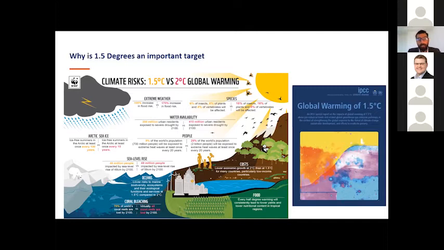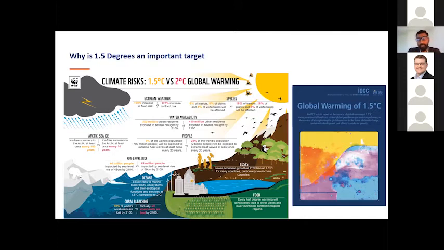There'll be an impact on people as well, as 9% of the world's population in a 1.5-degree warmer scenario will be exposed to extreme heat at least once every 20 years. Whereas under a 2-degree scenario, 28% of the world's population will be exposed to extreme heat waves at least once every 20 years. This is also going to impact food. Every half a degree warmer we go above pre-industrial levels of temperature will lead to lower yields and lower nutritional content in our food supply. So these are all very worrying